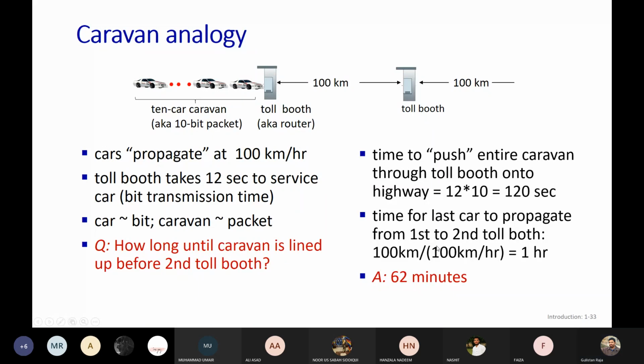सर वो तो ठीक है, 10 टाइम्स ईच कार को प्रोसेस हो रहा है, लेकिन जो वेटिंग टाइम है हम वो इंक्लूड नहीं कर रहे। बेटा, टोटल वेटिंग टाइम इस तरह इंक्लूड हो रहा है कि 10 कार्स को निकलने के लिए 120 सेकंड्स ही लगेंगे। तो एक कार को अगर 12 सेकंड्स लगते हैं तो 10 कार्स को 120 सेकंड्स नहीं लगेंगे सर? बिल्कुल लगेंगे। लेकिन सर, वो जो पहली कार को प्रोसेस होने में 12 सेकंड लगे, वो क्यों नहीं ऐड हो रहे सेकंड कार को प्रोसेस होने के उसमें? मेरा ख्याल से सर ये ऐड होके कुछ ज्यादा बनेगा शायद। नहीं बेटा, ऐसा नहीं है। सिंपल मैथमेटिक्स है।